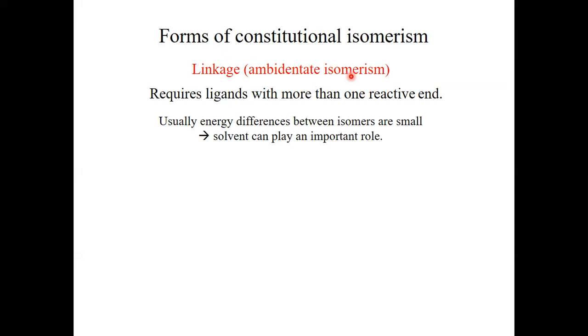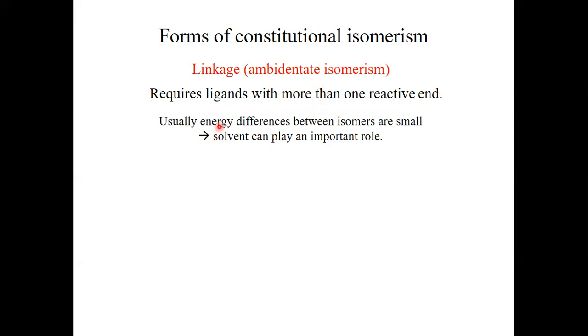And that gives these ligands the possibility to either use donor atom number 1 at one end or donor atom number 2 at the other end. So these isomers are often similar in energy, and therefore it depends a lot on the reaction environment which